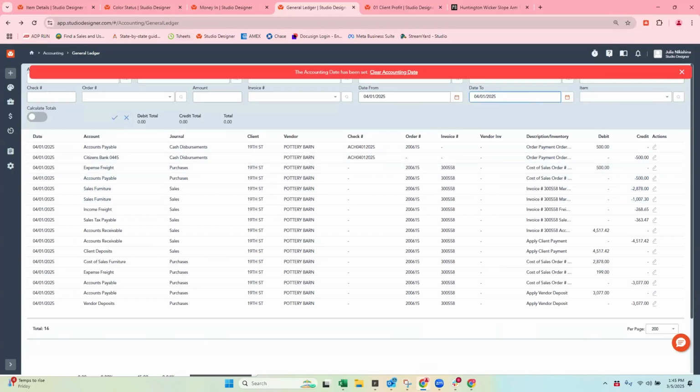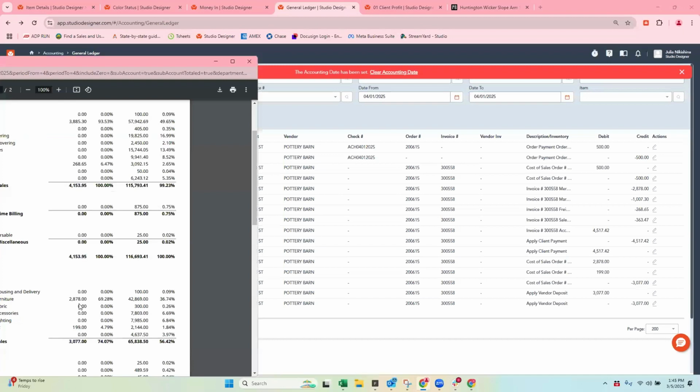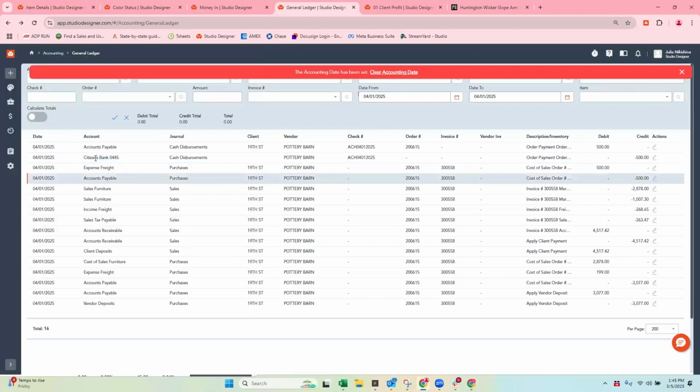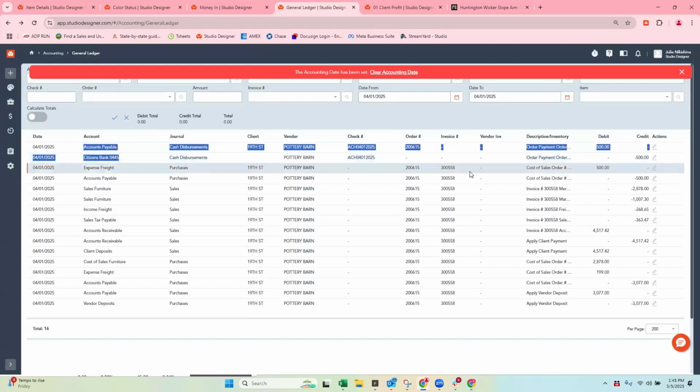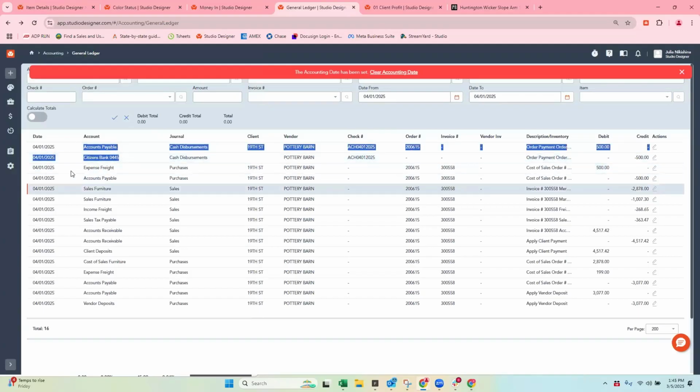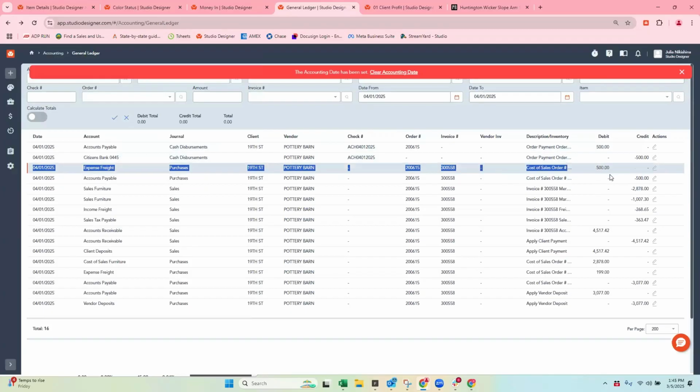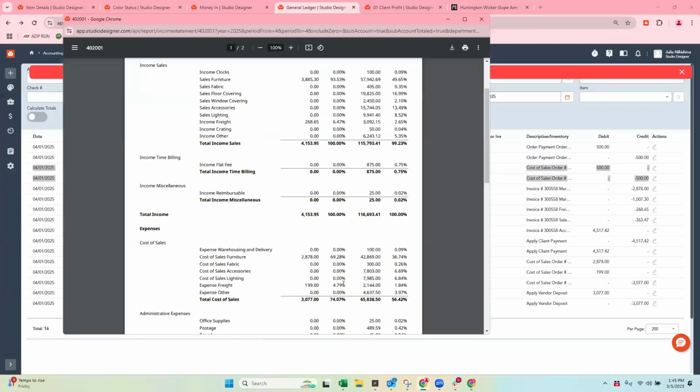So, oh, actually, this is great because we could pull the income statement from the one that we had previously as well. If you notice, not only did I pay accounts payable with the $500, but this entry here, just by going into the purchase side and adding an additional $500, increased my freight expense. So this was my income statement before.